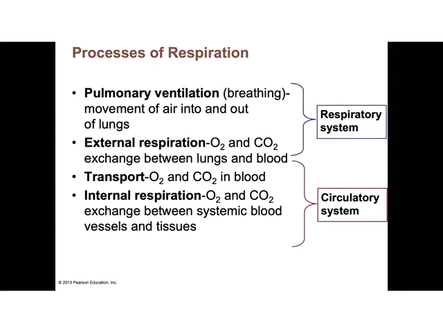Without that, we're not going to be able to get gas exchange to take place, which is what happens in external respiration, where oxygen moves into the blood from the air that we inhale, and CO2 moves in the opposite direction, out of the blood and into the air that we exhale. We have to get rid of the carbon dioxide, because if that's allowed to accumulate in the body tissues, that'll create toxic conditions that will kill them. And then there's transport of the oxygen and the carbon dioxide in the blood, and that happens through the circulatory